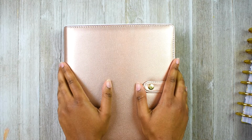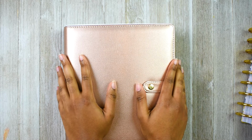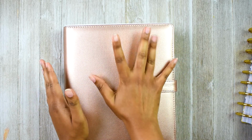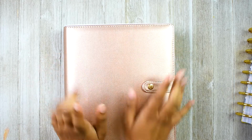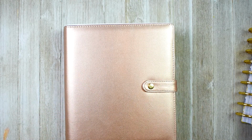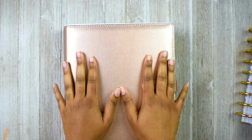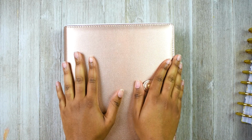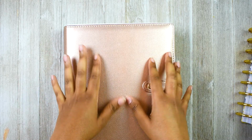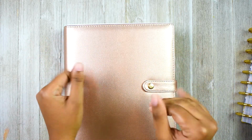And this is my golden coil planner, y'all. So I had this rose gold cover. I found it in a box with all my other old planner supplies, and I just wrapped up my golden coil planner. And y'all, the only reason this doesn't have a setup video is because I've been setting up